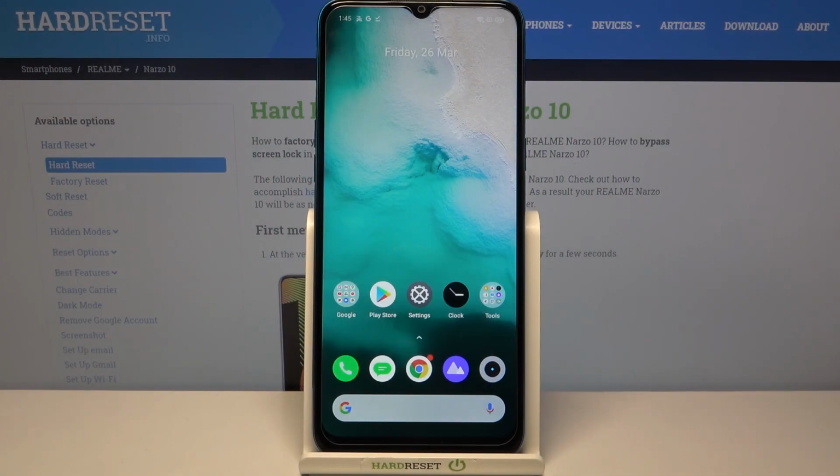Hi everyone, here we've got REALME Narzo 10 and let me share with you how to change video resolution on